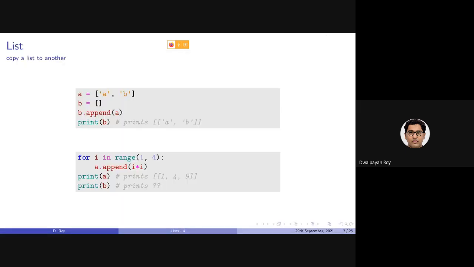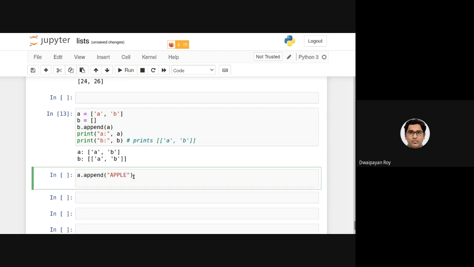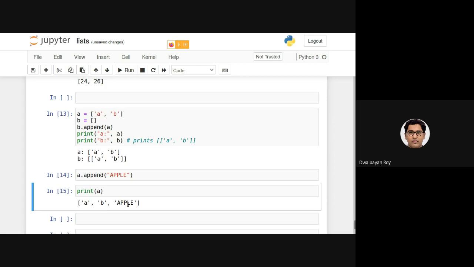Now, if I append some new items in A, for example, if I make A.append apple, it will be A, B, apple.